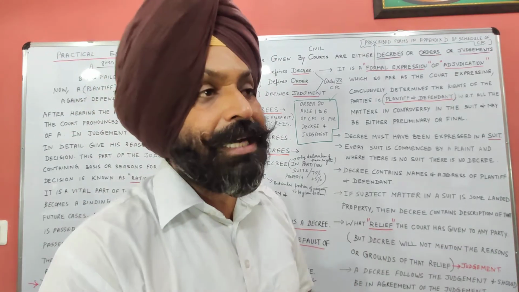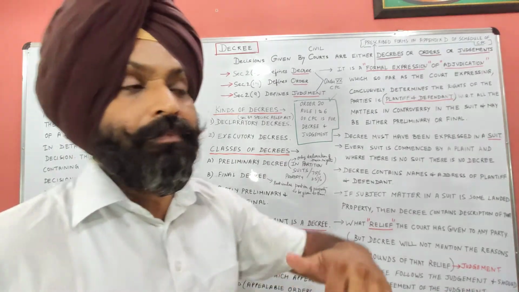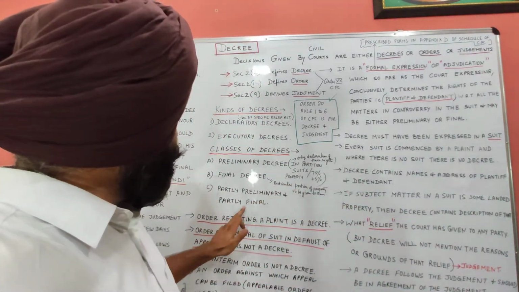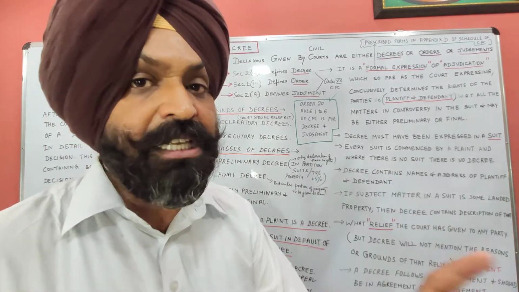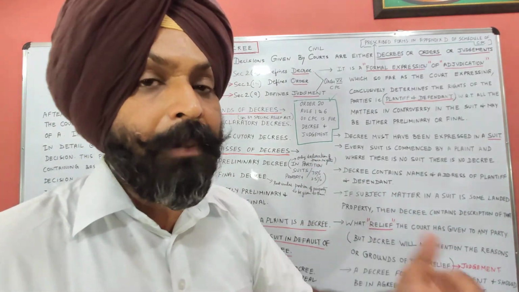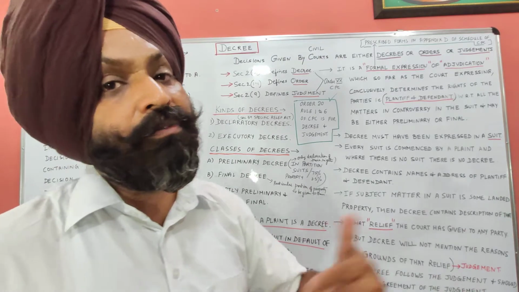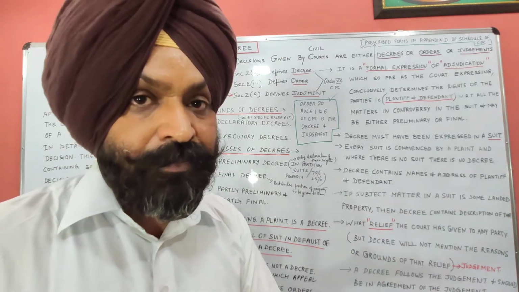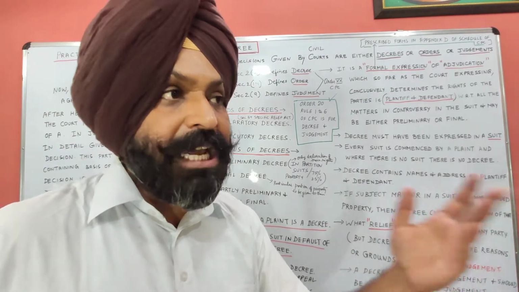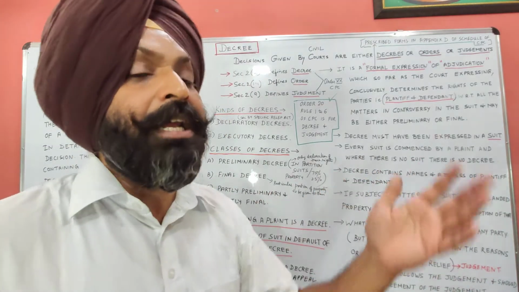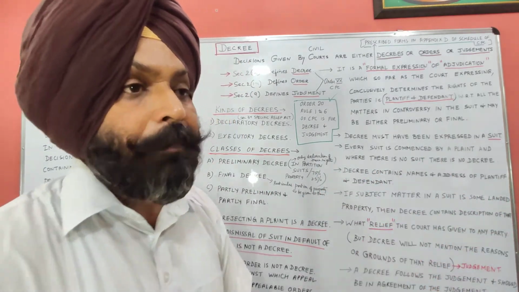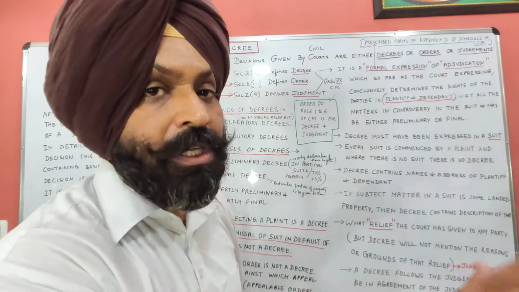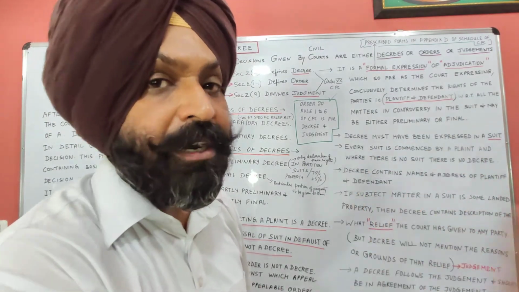Is it clear? So that is known as partly preliminary and partly final decree. It's one and the same thing. The decree is the same, but it is partly preliminary and partly final. Final to the possession and title, but it's preliminary as far as mesne profits are concerned, because up till the point of the institution of the suit, mesne profits can be determined. But